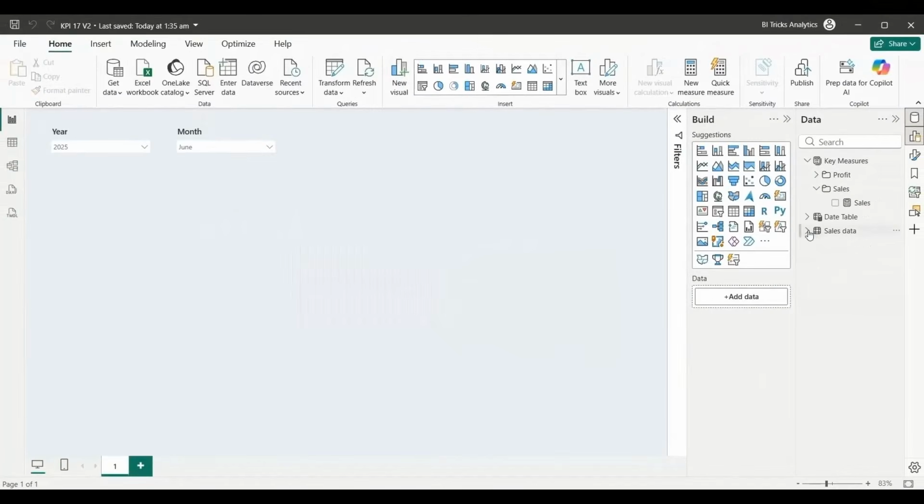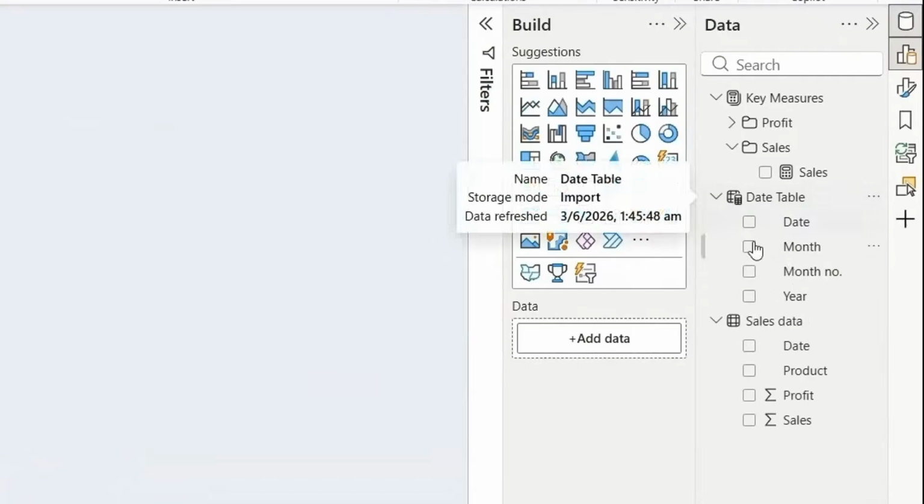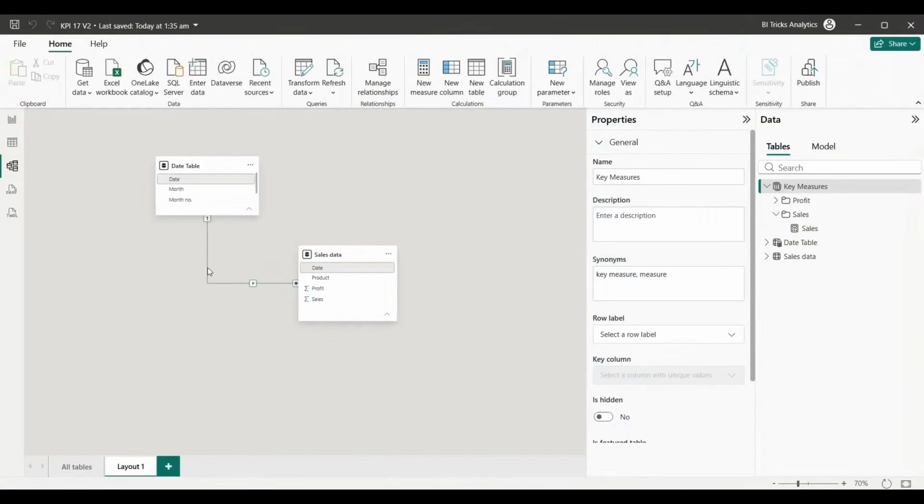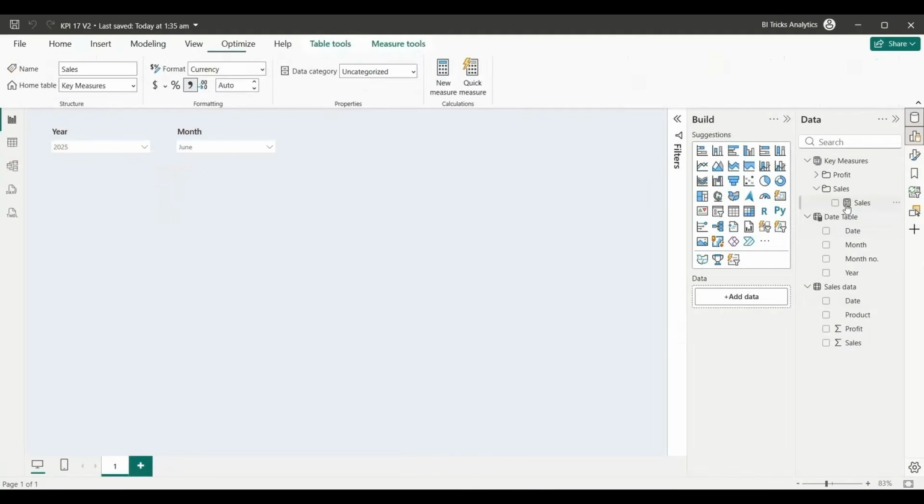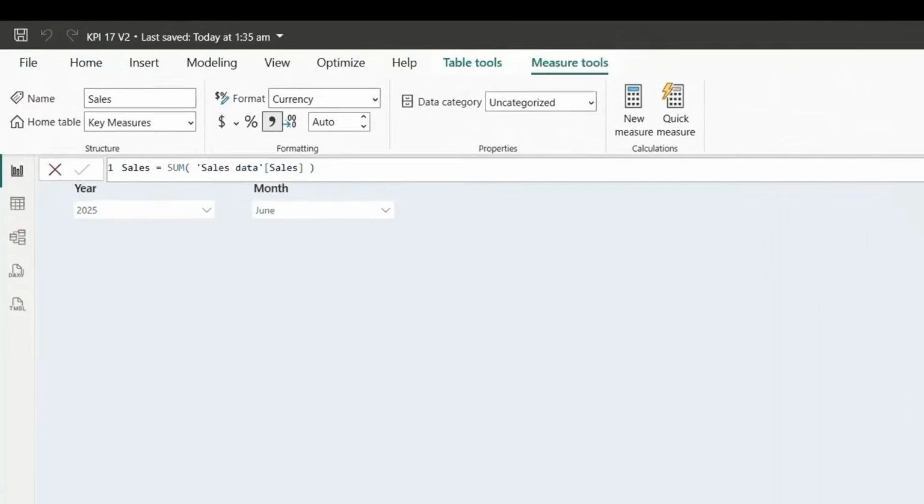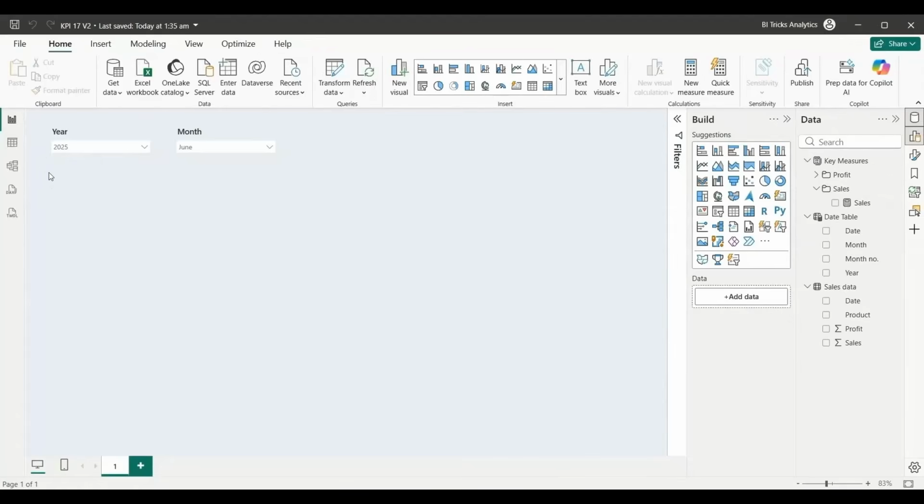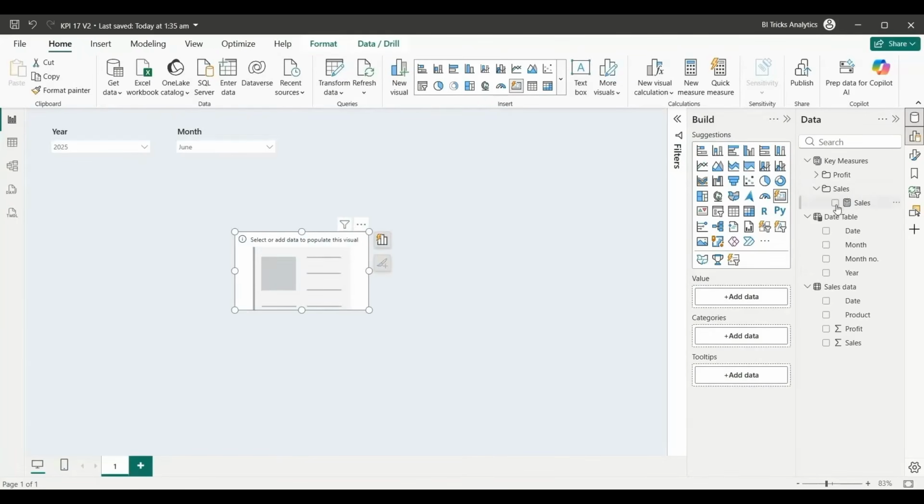In this Power BI report, we have sales data and we have a date table. Both are connected on the date column. And then we have a sales measure, that is sum of sales from the sales data. Okay, so we have these two slices on the page for year and month. Now let's create the card visual. So for that, we can take the card visual from the visual pane and let's add the sales measure here,